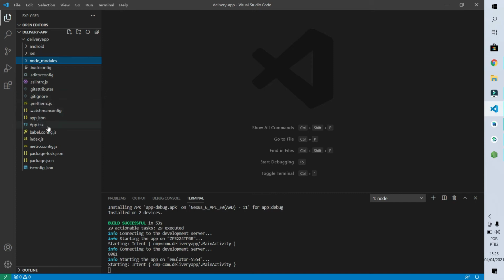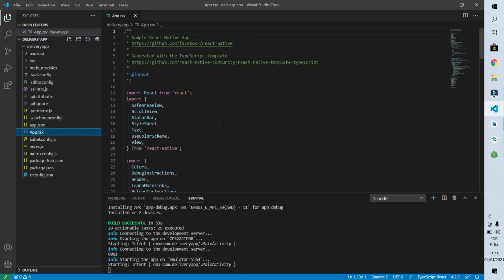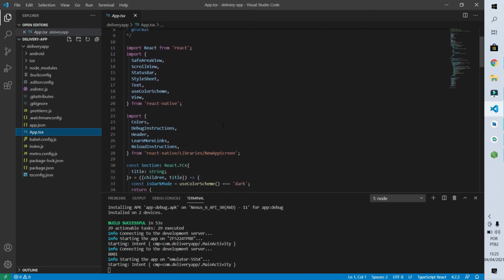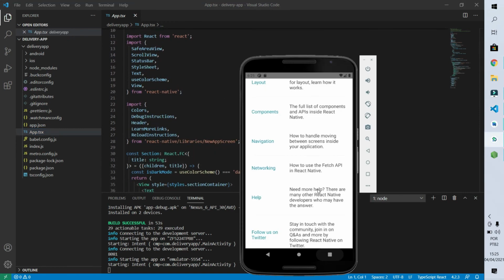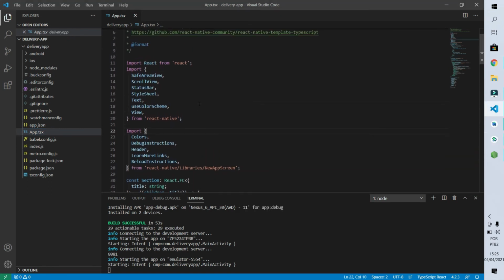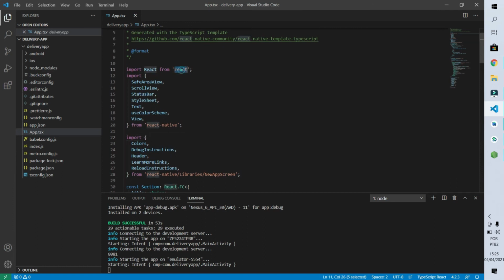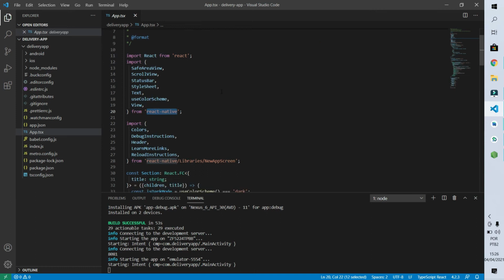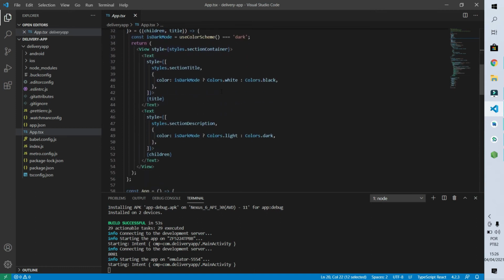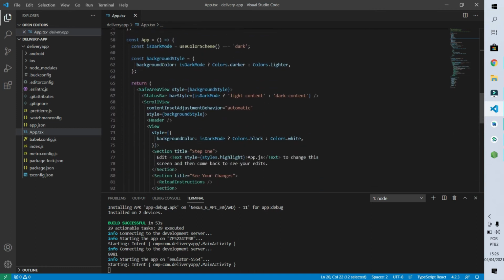Then we will skip some files here that are not that interesting for us, and we go to our next file of interest, that is this app.tsx. This is the file that contains the starting code of the project. That screen that appeared in our emulator, this screen here, it was started here in this file. You can see that it imports a few things of both React and React Native, some libraries, and here we have the code that is actually called to show the application within this function here for this app.